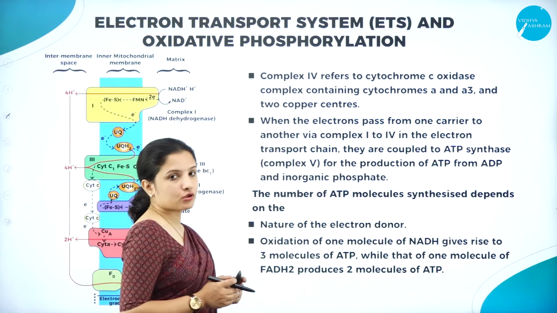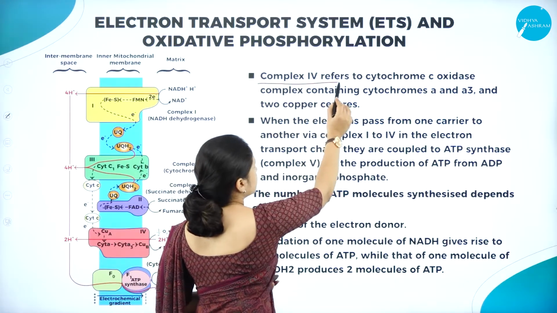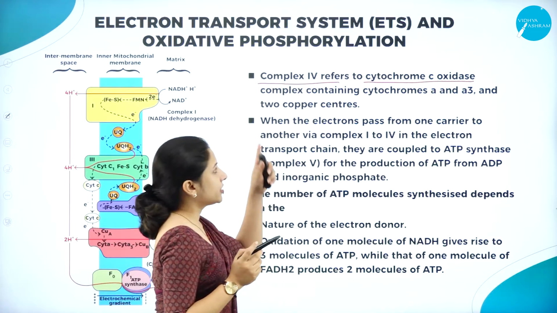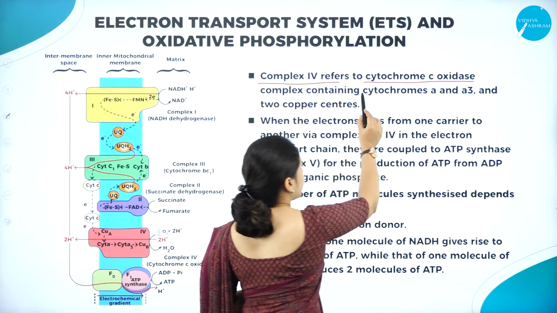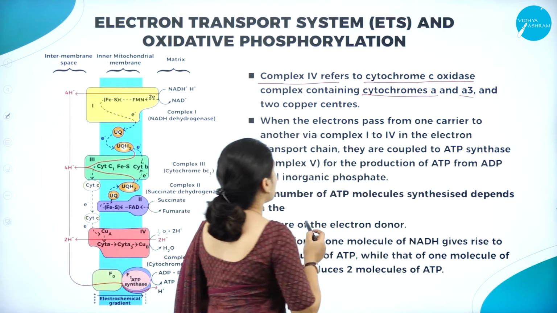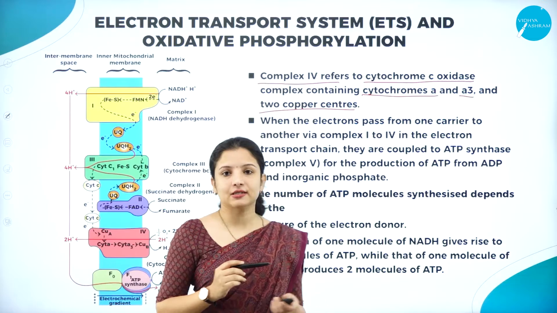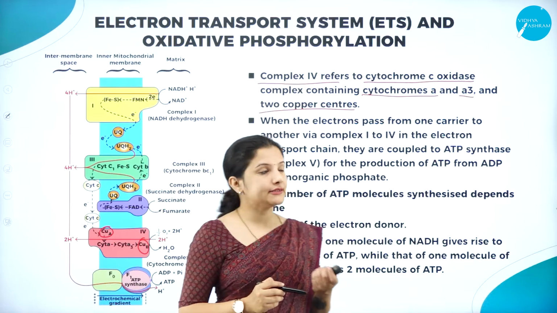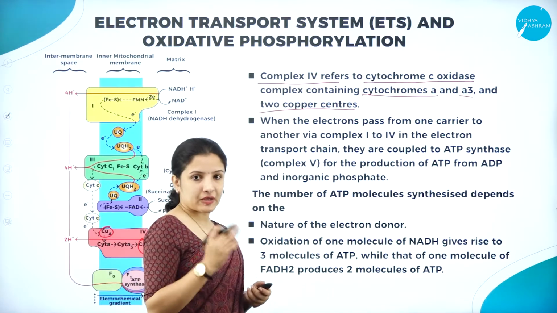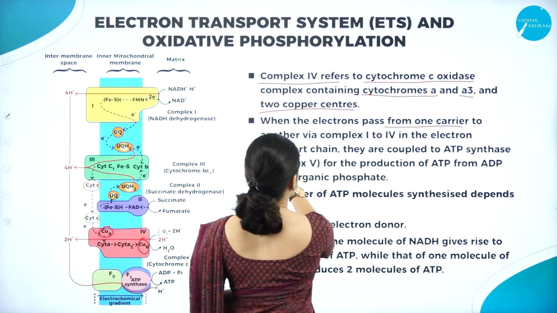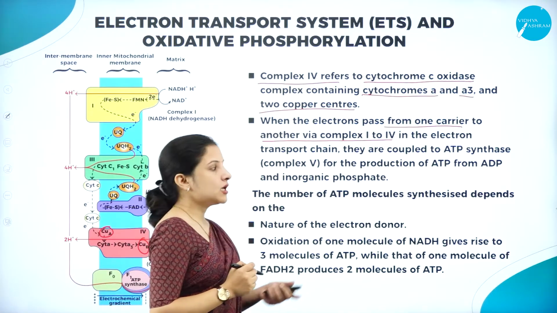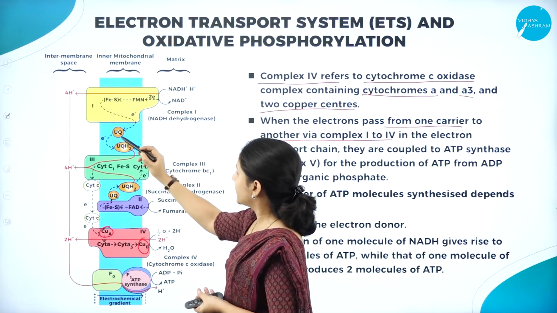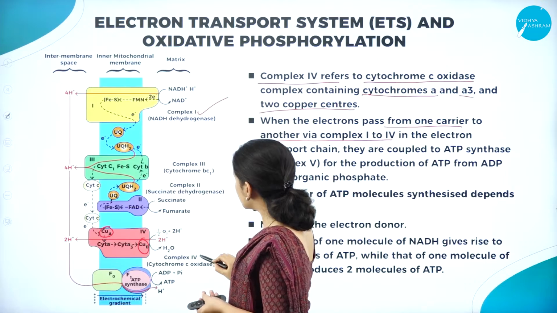So, here I was talking about complex 4. Complex 4 refers to cytochrome C oxidase. It is a complex because it contains cytochrome a and cytochrome a3, and also it is made up of two copper centers which are called copper A and copper B. All these are present in that, and when the electrons pass from one carrier to another via the complexes 1 to 4 in the electron transport chain, right from complex 1 to complex 4,